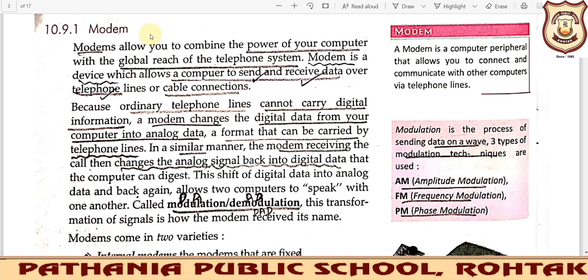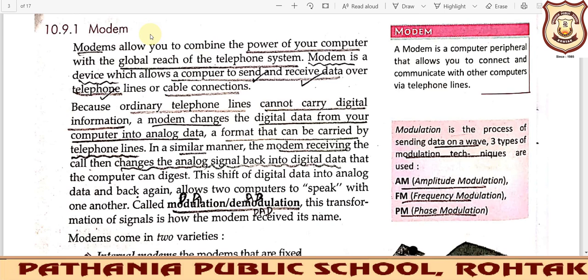So there is a mismatch. When the signals are coming in the analog form and entering inside the computer, they must be transformed into the digital format, then only the computer will be able to